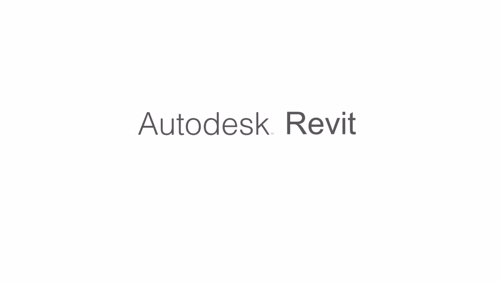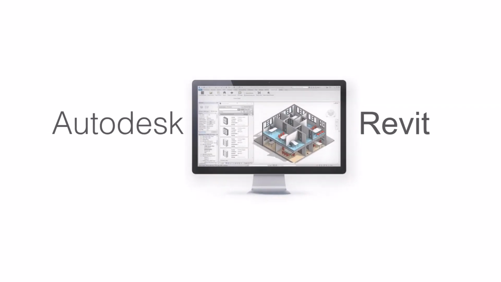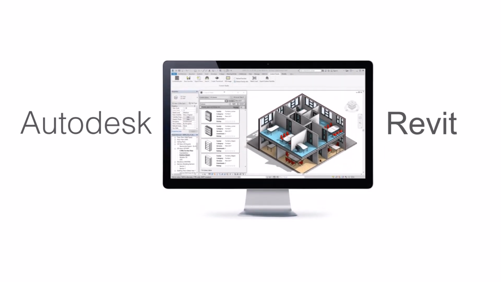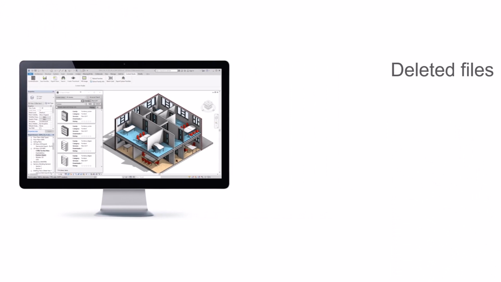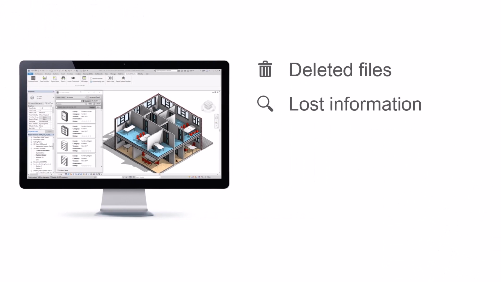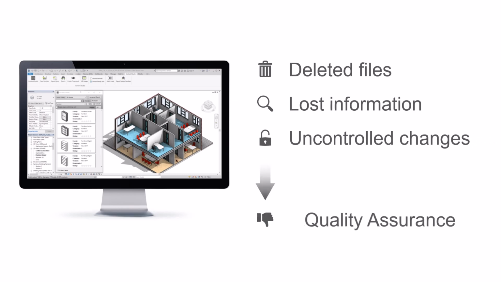Autodesk Revit is the industry standard for building information modelling. If you're a designer working with Revit, you'll have surely experienced challenges finding the right BIM objects for your projects. Frustrations range from deleted files, lost files in folders, other users deleting or renaming files, and the list goes on. Ultimately, this frustration contributes to wasted time searching for files and a lack of trustworthiness in the files that you